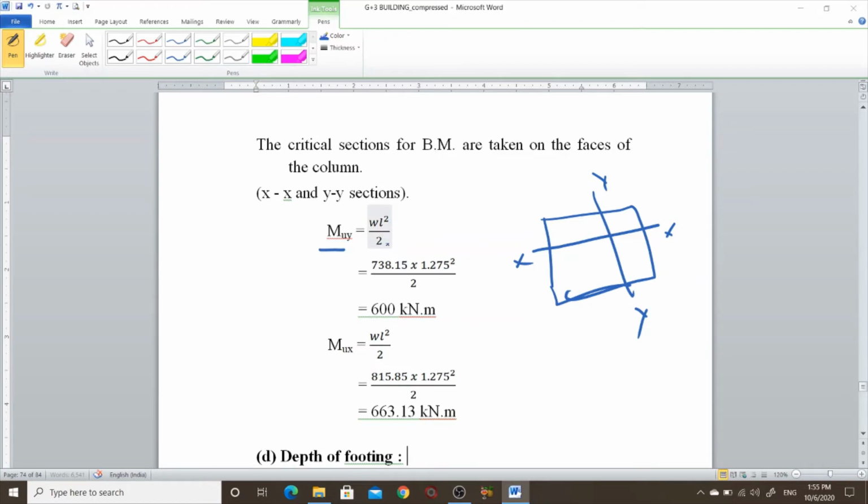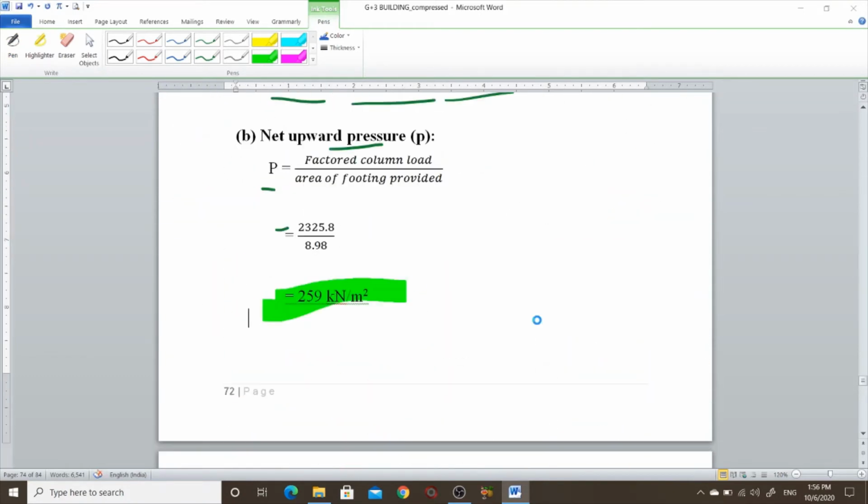So WL square by 2, with footing dimensions 3.15 or 2.85. W is here, and the length is 1.275. Why does this happen? Here is a column. The simple logic I can explain in the figure.